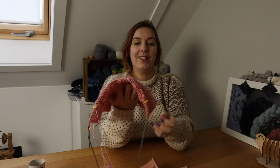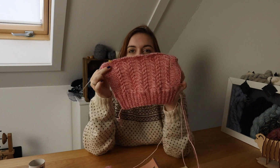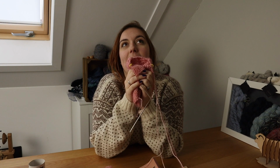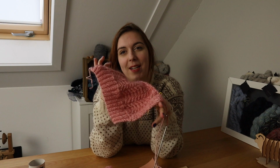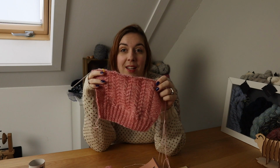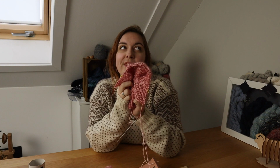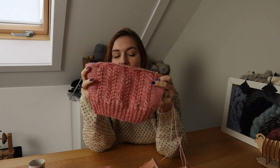I love it. And as you can see, I started this project. The pattern starts with the sleeves, so I started with the sleeve. And I know I should have made a gauge swatch. Especially for garments, it's always smart to make a swatch and measure your gauge and look if you have to adjust your needle size to make it match the pattern. Otherwise your size will be different than the sizes they give in the pattern. But I am lazy in that way, so I just started knitting and I checked my gauge while I was